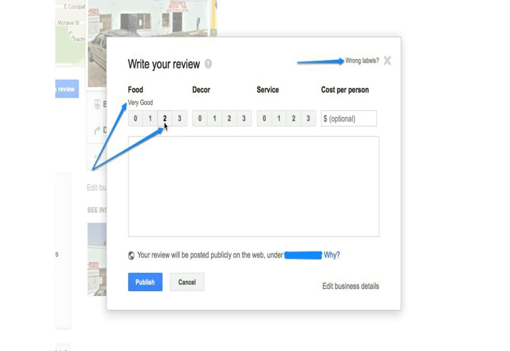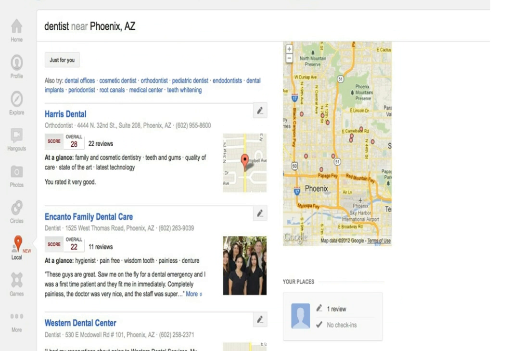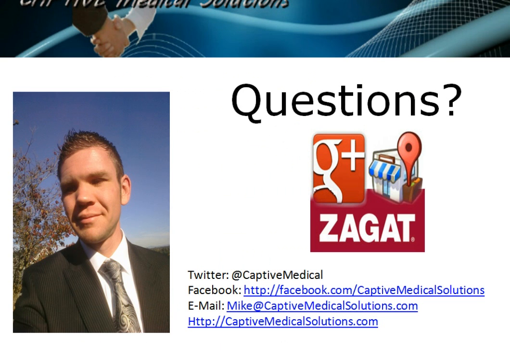They're going to get something a little differently based on the particular vertical. So healthcare, medical practice, it's going to be a little different, but it's still going to be 1 to 3 on several different criteria, and they're going to average it out. That's how the score comes up. Then you're going to have something that looks like this with Google Plus Local.